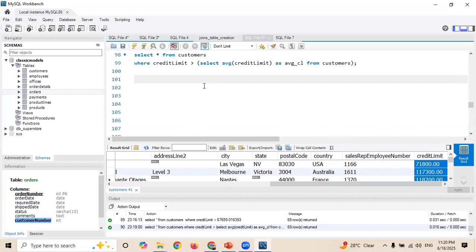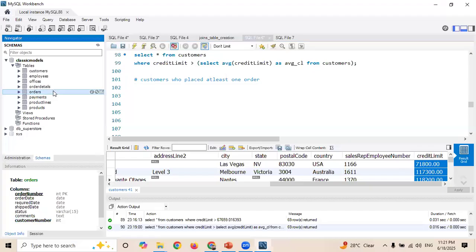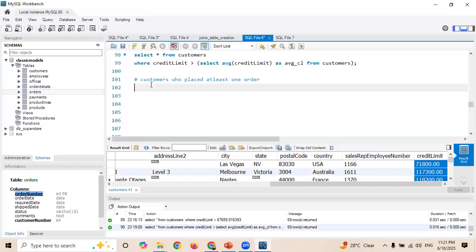Let's talk about, I want to find the customers. Let's suppose, let me give another example. I want to find the customers who placed at least one order. If I want to find all those customers who placed at least one order, so this is a logical one. If any customer gives an order, their customer number will be in the orders table, right? So here I will write the query using my subquery